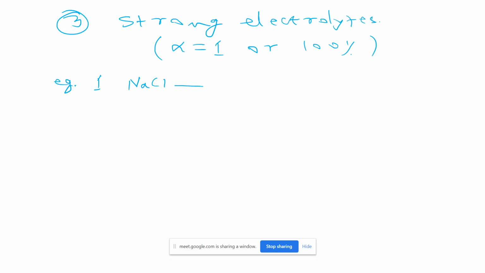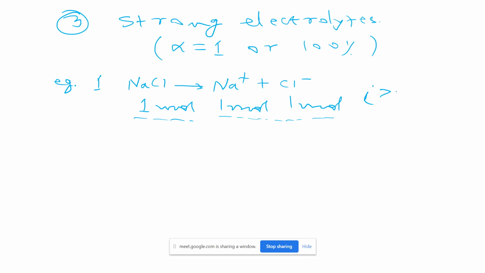If NaCl ionizes, which kind of ions are we getting? Na+ and Cl-. Now if we have 1 mole of NaCl, how many moles of Na+ are we getting after ionization? 1. And for Cl- also 1. So what about moles before dissociation? 1, after dissociation 2. So in this case we are getting i equals 2. When we add one molecule, we get 2 ions. Got it?